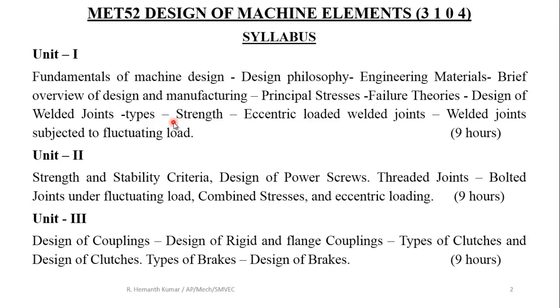Have you studied any permanent joints other than welded joints in your previous subjects? I think you have studied rivets in machine drawing. Yes, rivets are somewhat permanent, but they can be removed also. Removal of a rivet will cause some permanent damage to the rivet, but it is somewhat permanent only. So it is also a permanent joint.